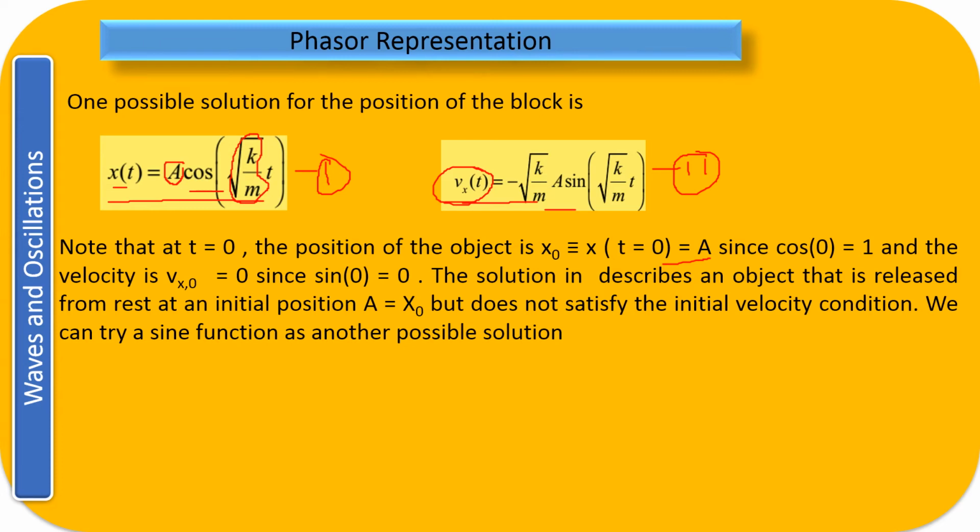So if I take the possible solution, as we have seen in the previous slide, as x equal to a cos omega naught into t, and then I find out its velocity, then the position relation I am getting correct. Of course at t equal to 0, that is just before releasing the object, it has a particular value of the amplitude. That value is correct, but then it should also have some value of the initial velocity. It is not giving us any information about the initial velocity.